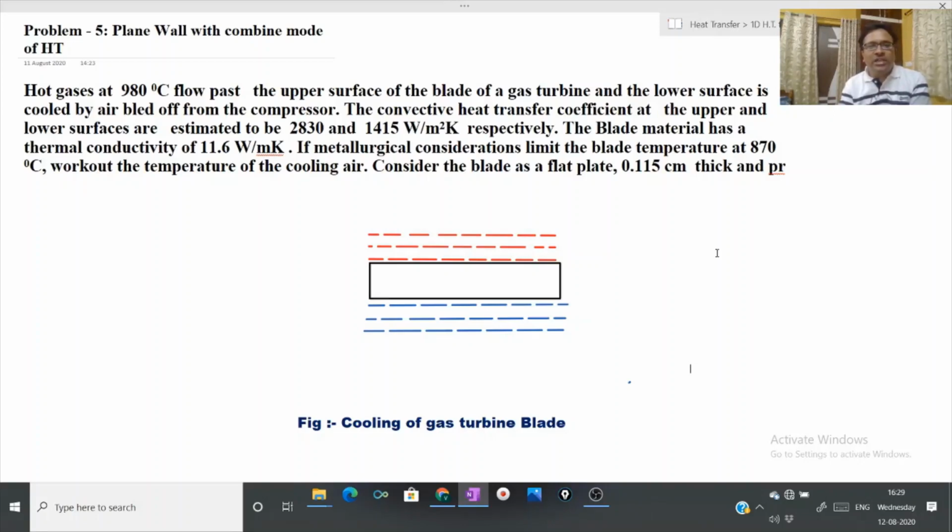If the metallurgical considerations limit the blade temperature to 870 degrees Celsius, work out the temperature of the cooling air. Consider the blade as a flat plate 0.115 centimeter thick. So let us solve this problem, and in order to solve this problem